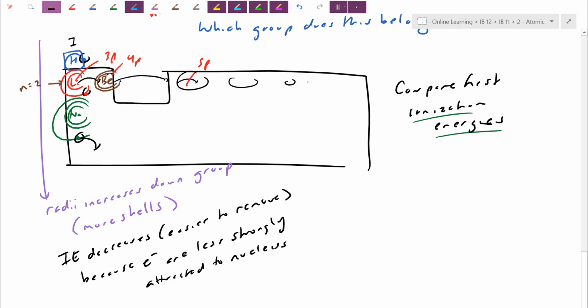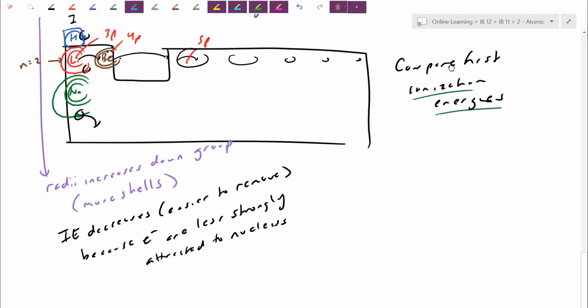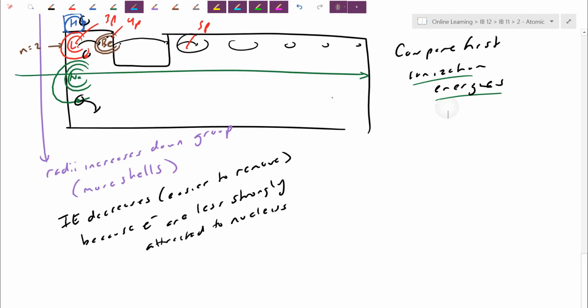I actually see the radii steadily drop going across. So again, here's a trend I can list for you here. We can say the radius decreases across a period. A period means going across a row. We just imply we read left to right. So going to the right, we tend to get smaller